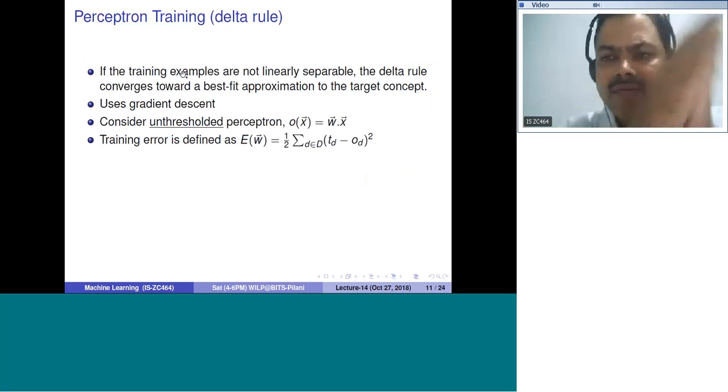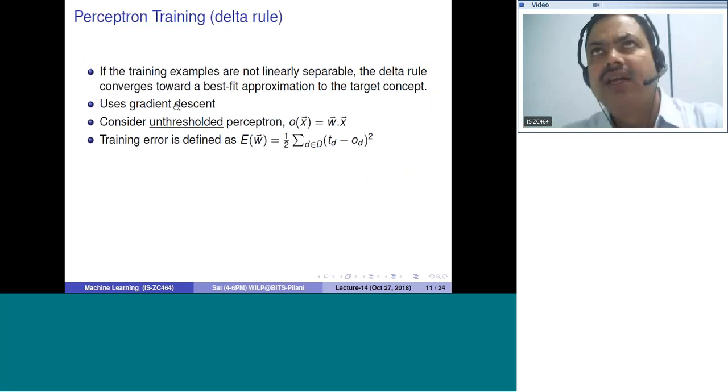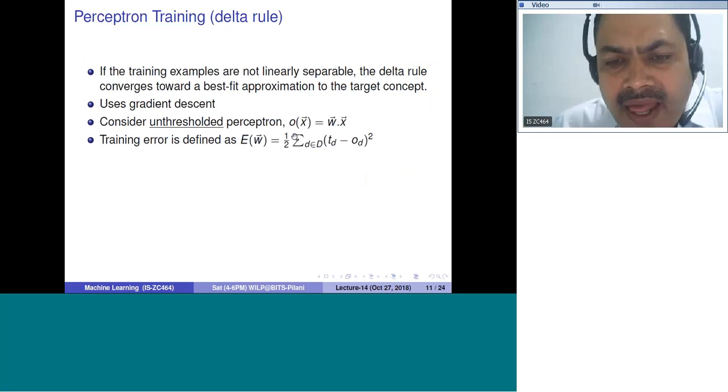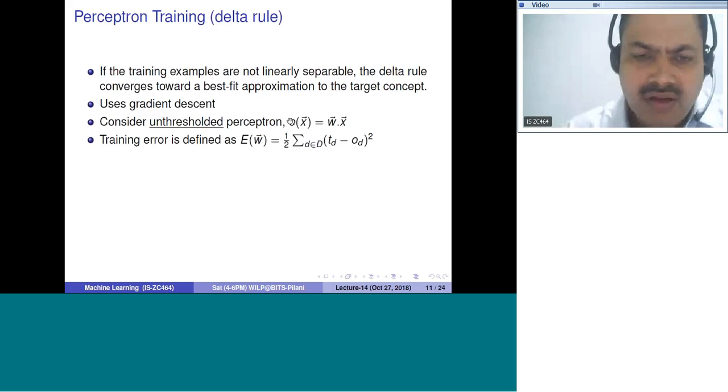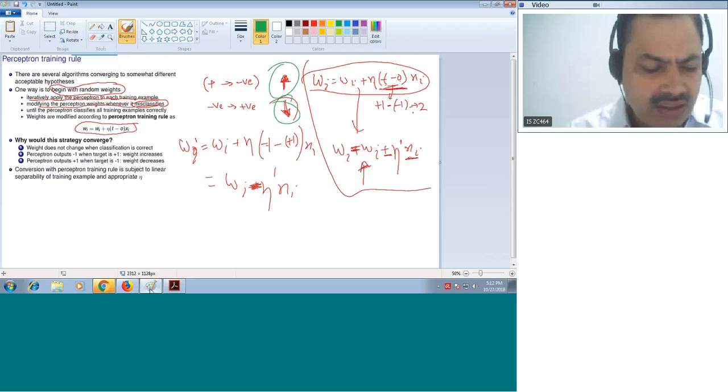Then we want to find the best fit line, and to do that we can use gradient descent. But to use gradient descent we need a continuous value. So how can we find a continuous value? Another way is to not apply thresholding. What do I mean by that? I told you that the neuron is